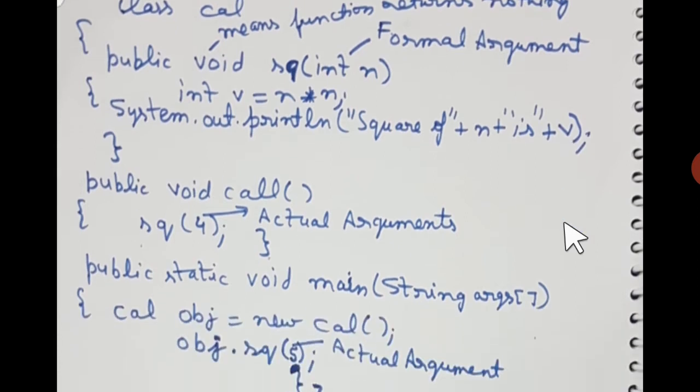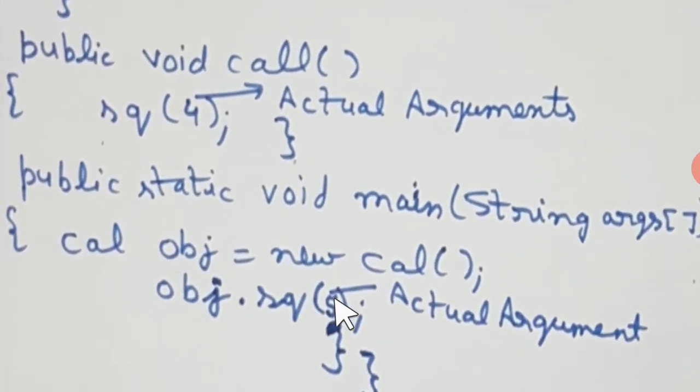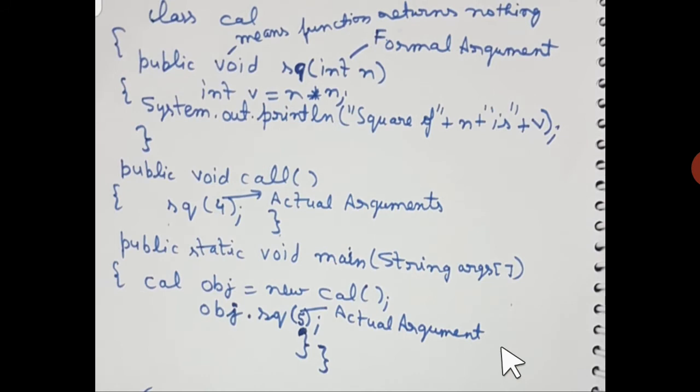Alright, students, after that we move to the main function. What is there in the main function? In the main function we create the object of this class. So we have cal obj equal to new cal(); and after that, students, we call the sq function. I have to just write the name of the object before the function name, and in between there is a dot. Alright, and in the parenthesis I have passed, this time, 5. So this time the square printed on the screen is going to be 25. So that is again an actual parameter or actual argument. I hope everybody has understood it well. Please do write all these examples in your copy on the system and practice them again and again.